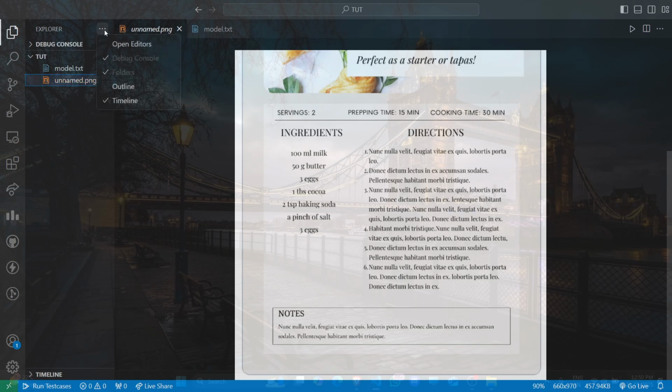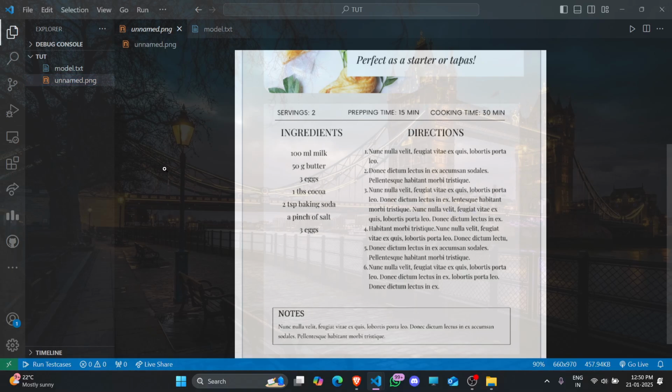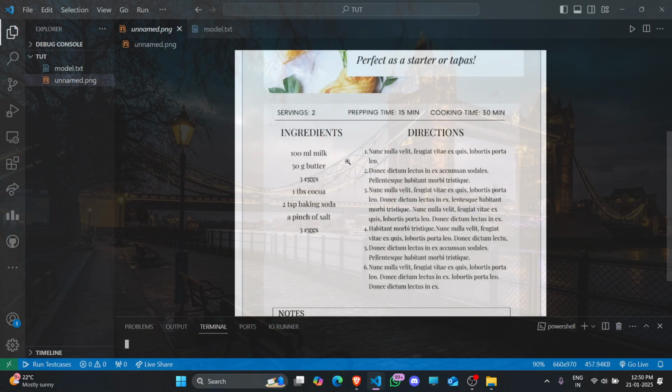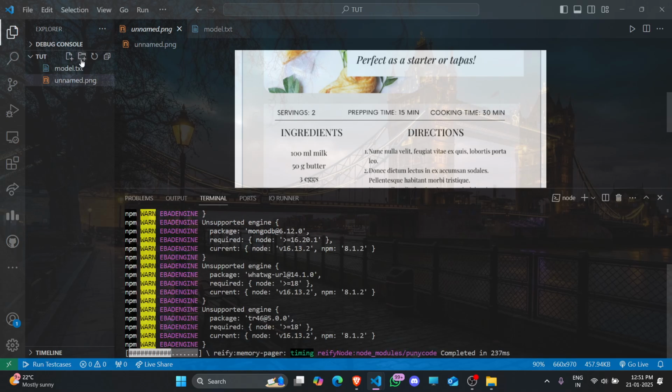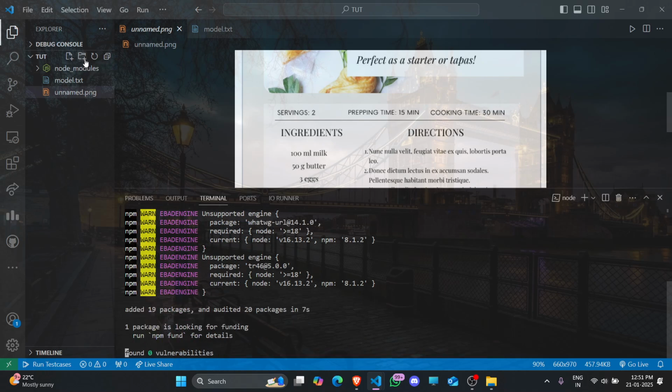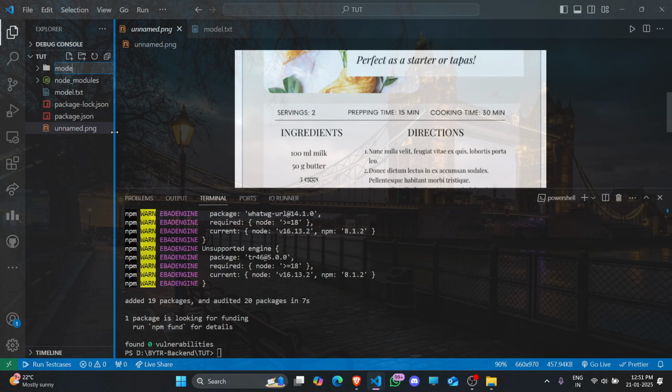So first thing we are going to do before we start, we are going to install Mongoose. For that, we have to run npm install mongoose. Once we have installed this, then we will create a folder named model, and here we will create a file recipe.model.js,